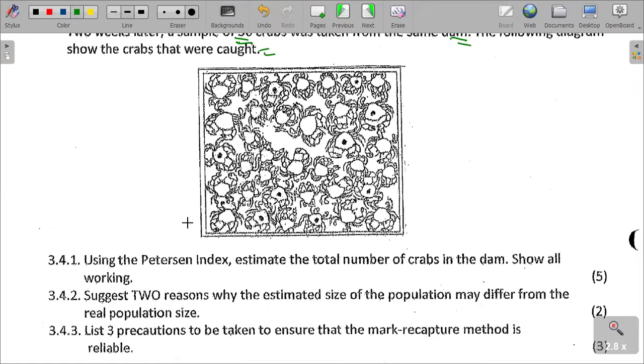Size of crab population is equal to the total number of crabs in second capture